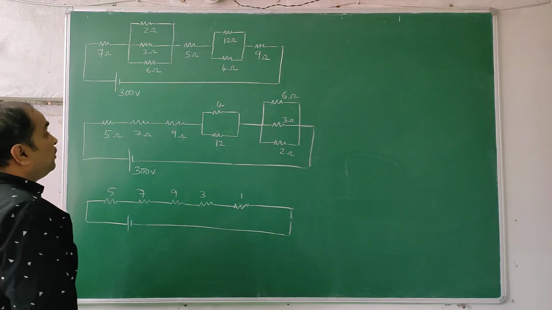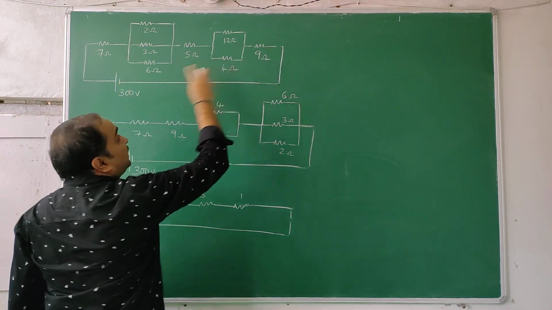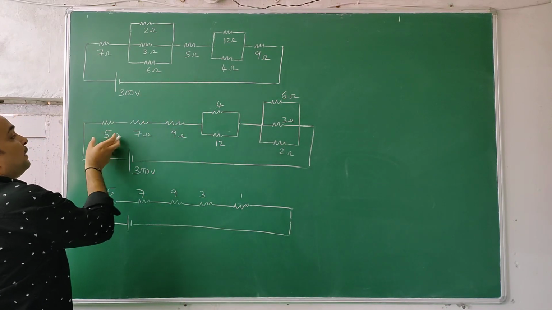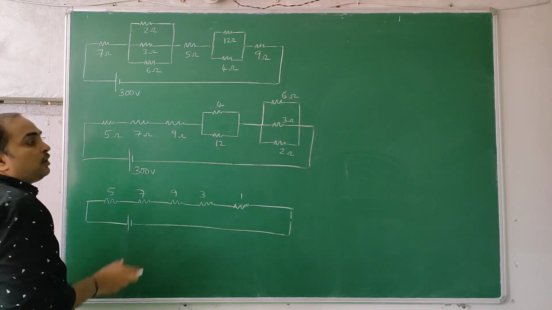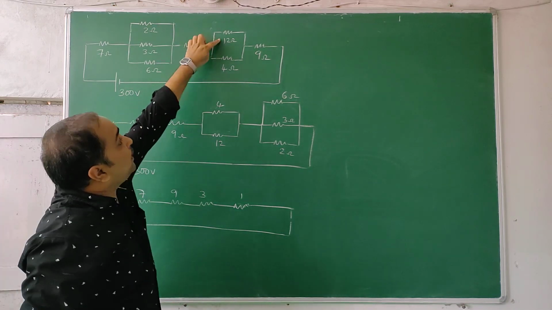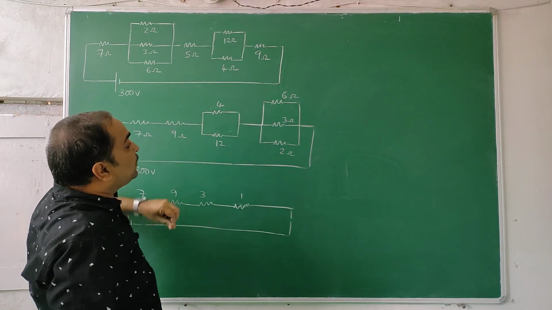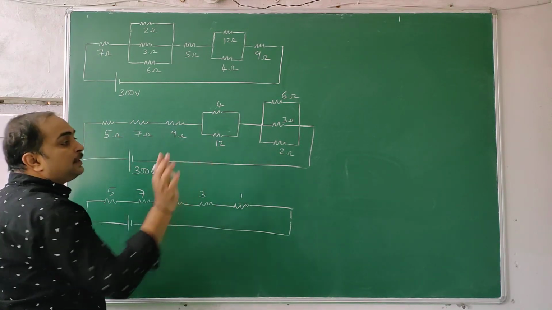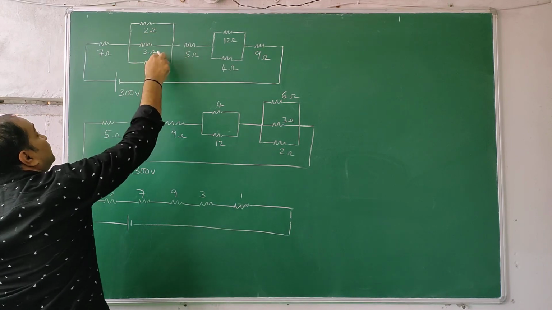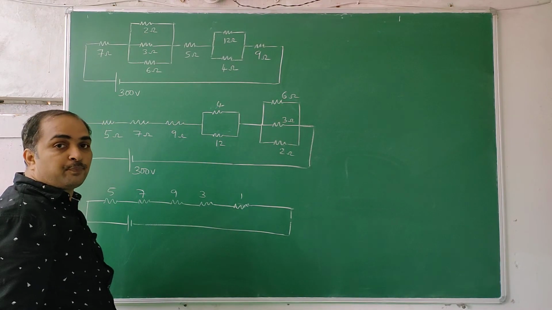Similarly, now some connections have been given. This 5 ohms, this 7 ohms, this 9 ohms are in series. So I can write them side by side: 5, 7, 9, in ascending order, though it doesn't matter, any order you can write. Next, this 12 and 4 are there. I write 4 above, 12 below. But I am not supposed to change a number on this side, like writing 9; that is not accepted. Similarly, this is 2, 3, 6. I have written 6, 3, 2. Nothing will happen; the answer comes the same.